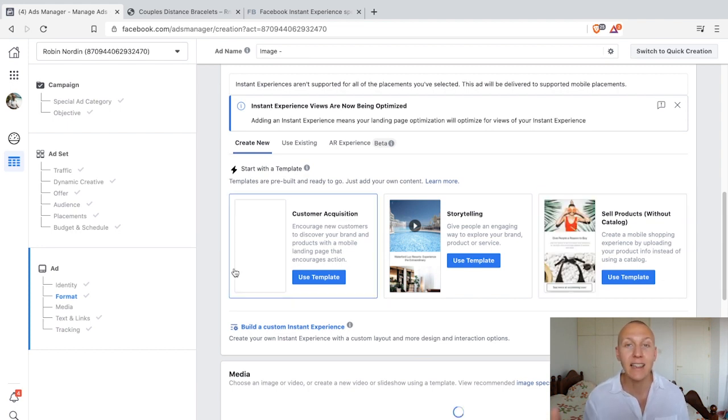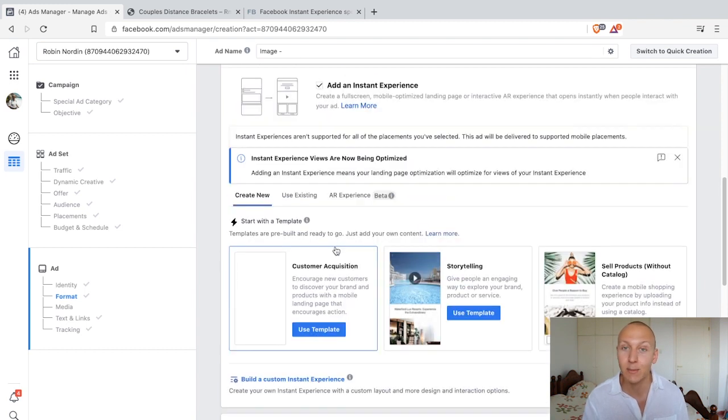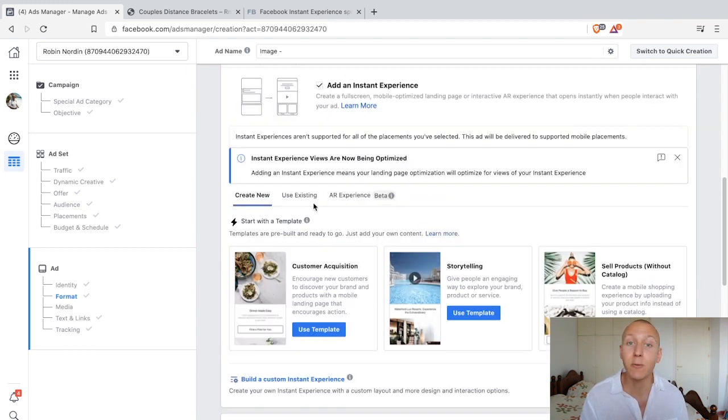You can play with these later on in your journey, but now you know how they work, and these templates are definitely something to play with. And then once you've created and saved them down, you can click on use existing right here. And something that's also worth mentioning is that these are not just limited to landing pages. You can also use the instant experience